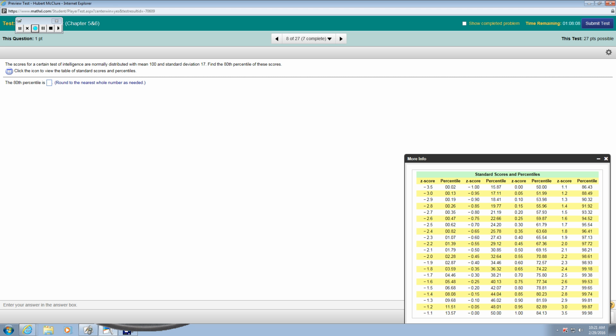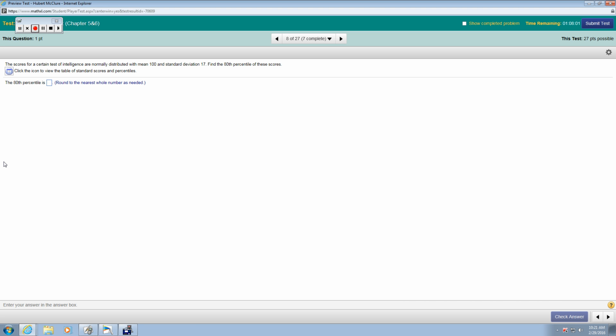Now there's two formulas that have to do with z-scores. I already showed you one of them. The first one is the one I showed you, and it is z-score is equal to x minus x bar over standard deviation. Well, we don't need this. Why? Because we just found the z-score. So you got to use the other formula, which is x is equal to